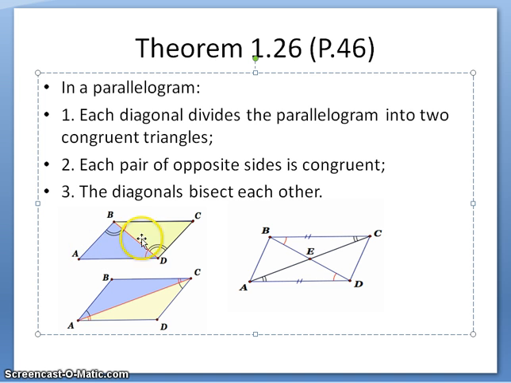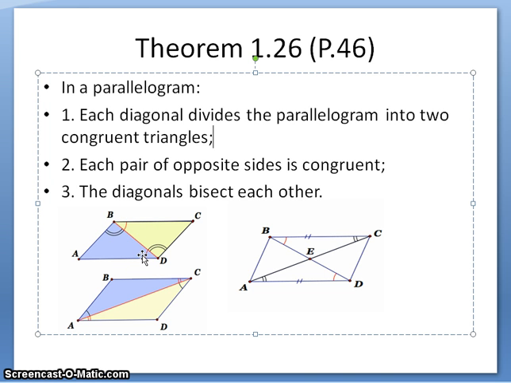we need to show these two triangles, the blue one and the yellow one, are congruent. So we can use the congruent triangle conditions we have talked about before: side side side, or angle side angle, or side angle side. Also, again, we have to use the theorems we have proved before for parallel lines. So, for example, we know BC is parallel to AD, and then these two angles marked by a red curve, they are